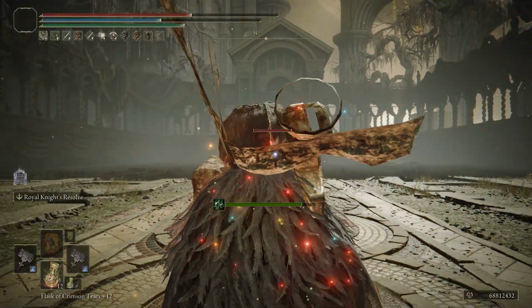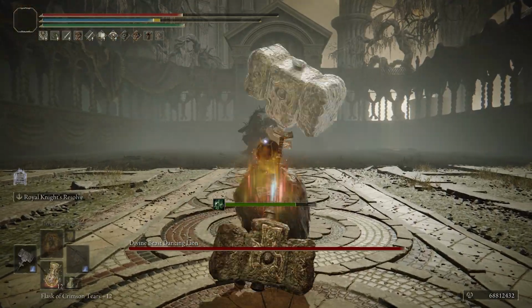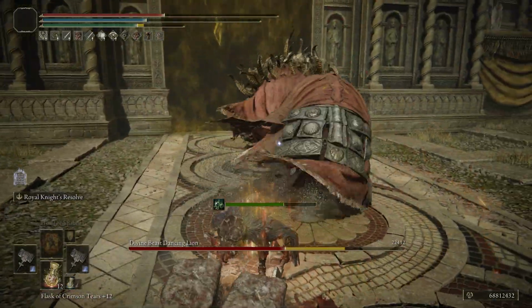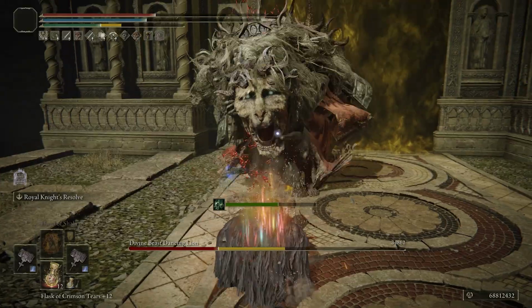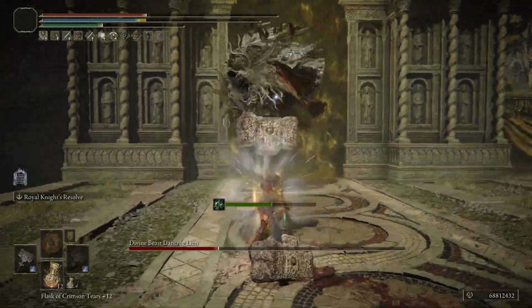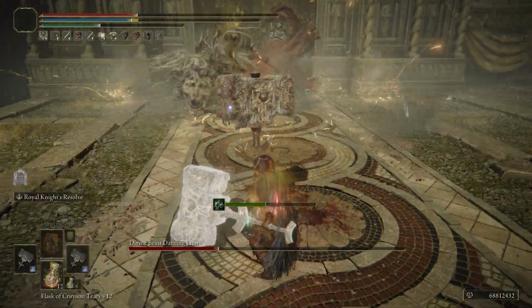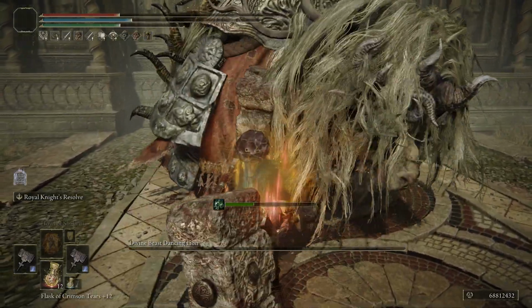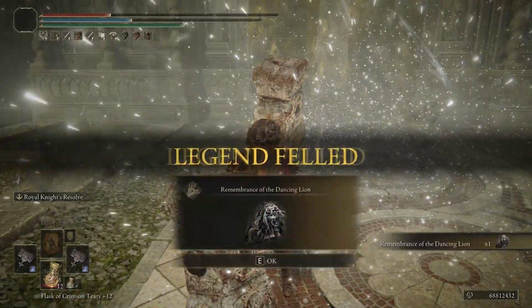Hey guys, in this other Elden Ring Shadow of the Erdtree video, I'll be showcasing you all my new Giant Crusher build, and out of all the builds I have made so far, this one 100% does the most damage per hit. Even on New Game Plus 7, the game's hardest difficulty, you'll be beating most, if not all, of the DLC bosses in just 4 or 5 attacks, and in the base game, you can even get away with one-shotting